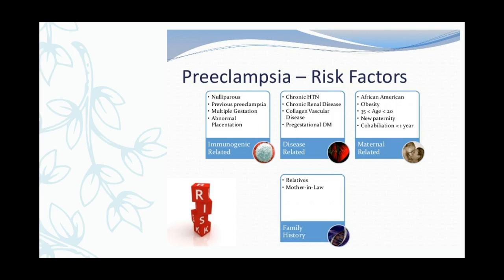Now we have disease-related risk factors, which include chronic hypertension, people with chronic renal disease, collagen vascular disease, or people with pregestational diabetes. Then we have maternal-related risk factors, so women of African American descent, people who are obese, less than 35 years of age,